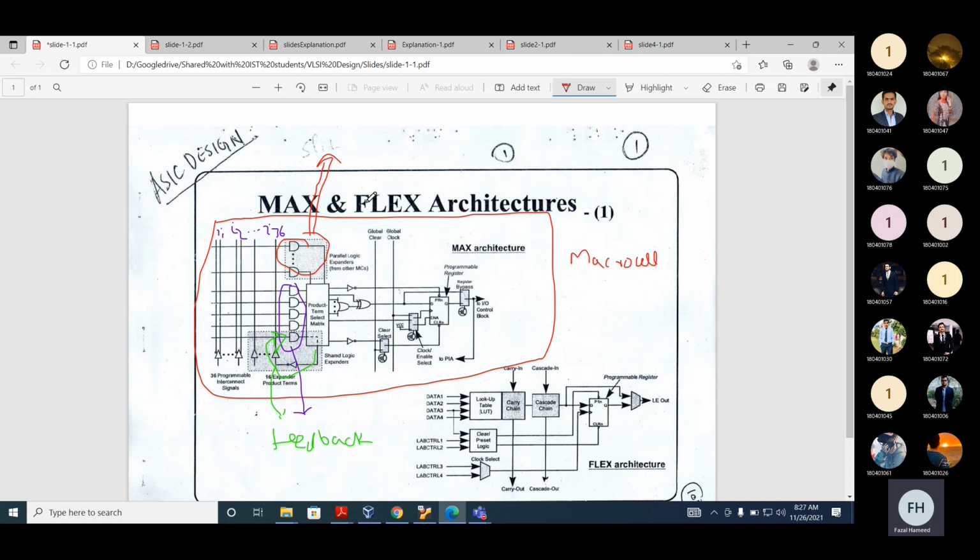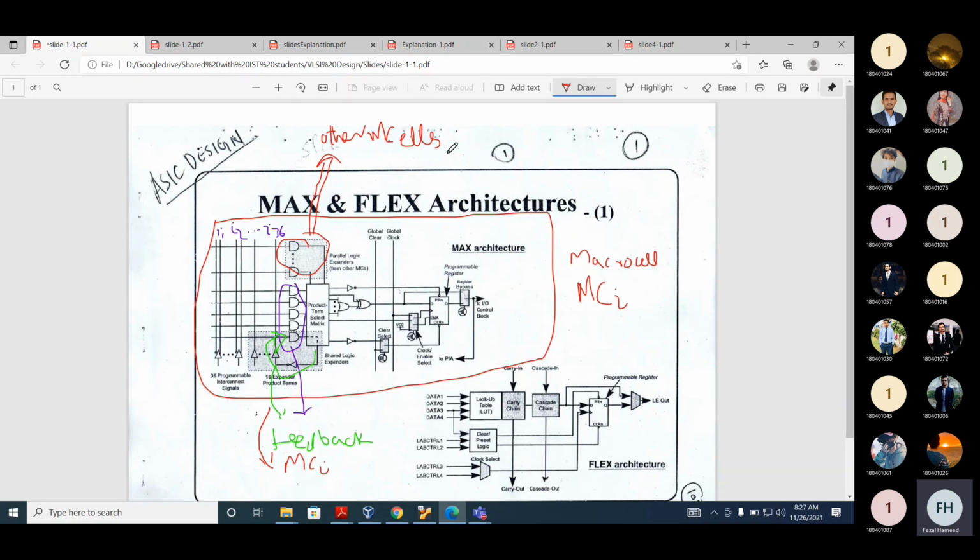So let's assume this macrocell is macrocell I. This feedback term is from macrocell I, and the parallel expanders are from the other macrocells within the same CFB. We call them parallel logic expanders.